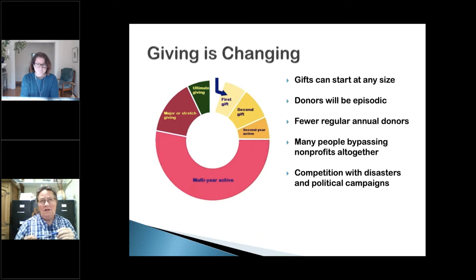The other thing is that we used to aim for people to give at least once a year, which was the sign that they were a current donor. Donating is now much more episodic. You'll have people who give every 2 years, or give 5 times in 1 year and not again for 3 years. And so it's a little harder to keep track of donors.